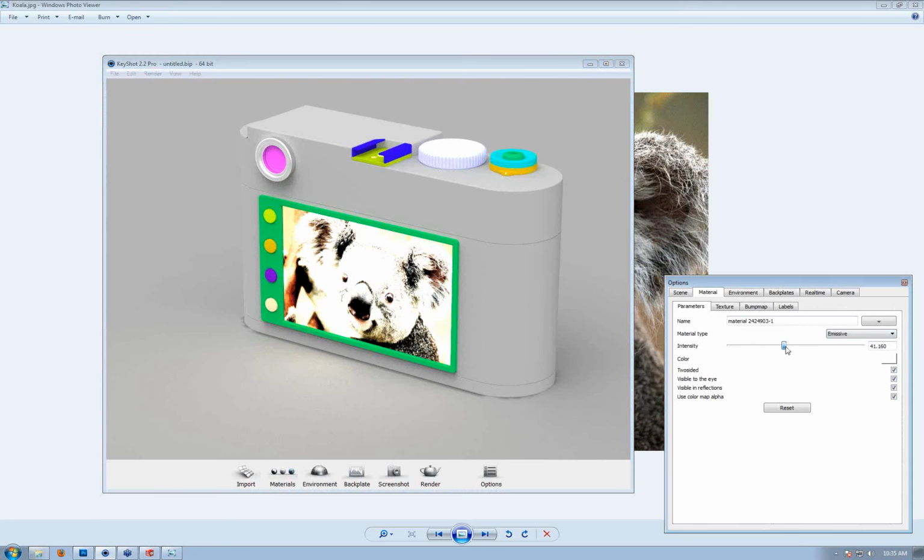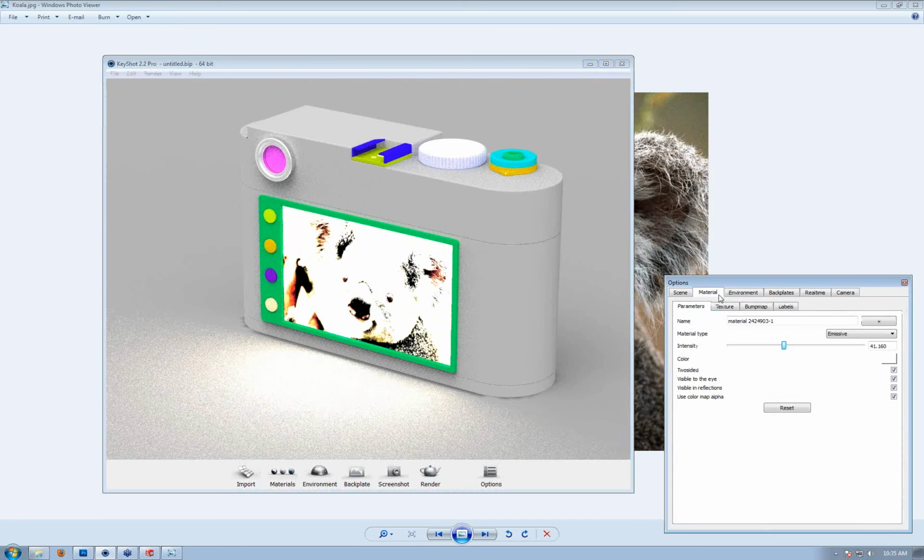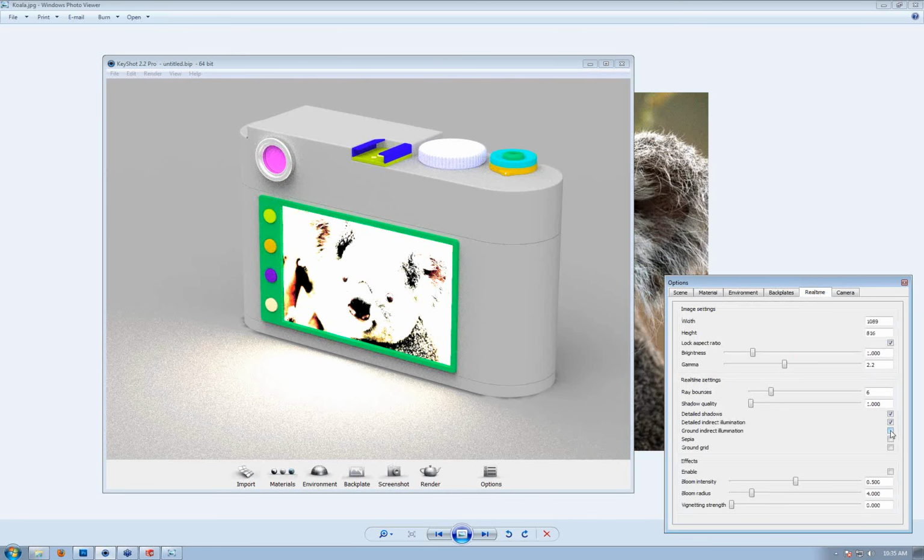On the surface here, you can see when I have my ground indirect illumination here in the real-time tab enabled, I actually get light casting onto my artificial surface that represents my ground. That's coming from the screen there. But my screen now doesn't look right because I had to bump up my